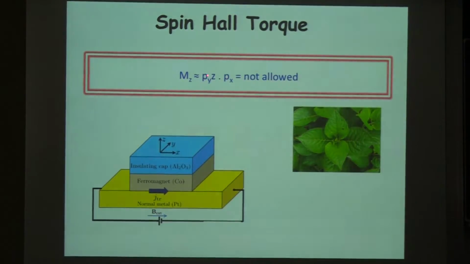So what is normally identified as a spin Hall torque is a spin polarization in the z direction that's induced by, let's say, an electric field in the x direction. If I write down for the z component of the magnetization pseudovector a product of a y component of a vector and a z component of a vector, you can see that this is odd, for example, under y going to minus y, which is a symmetry of the system. So I can't have the magnetization that corresponds to a spin Hall torque